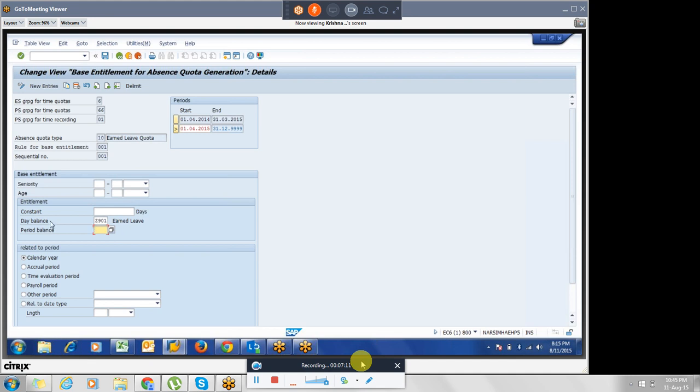So we have a day balance table in the time evaluation, that is ZES, which will store the time type, and the period balance will be stored in the SALDO table with the time type. So whenever the time type is generated, if you put it here, when there is an entry in the ZES table, your quota will generate. When you put it here, when there is an entry in the SALDO table for the particular time type, then only the quota will generate. Whatever the number, the time type will exist.